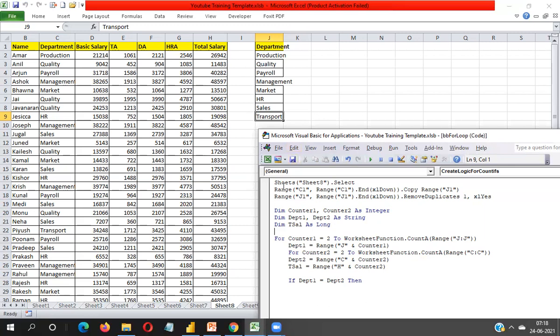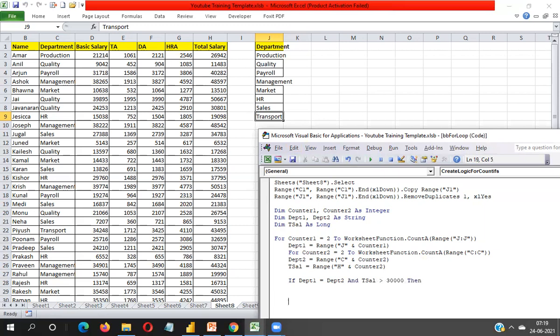So my limitation can exceed in total salary. That's why I'm taking here long data type. Okay. So I'm just taking here and T cell more than 30,000. Okay.